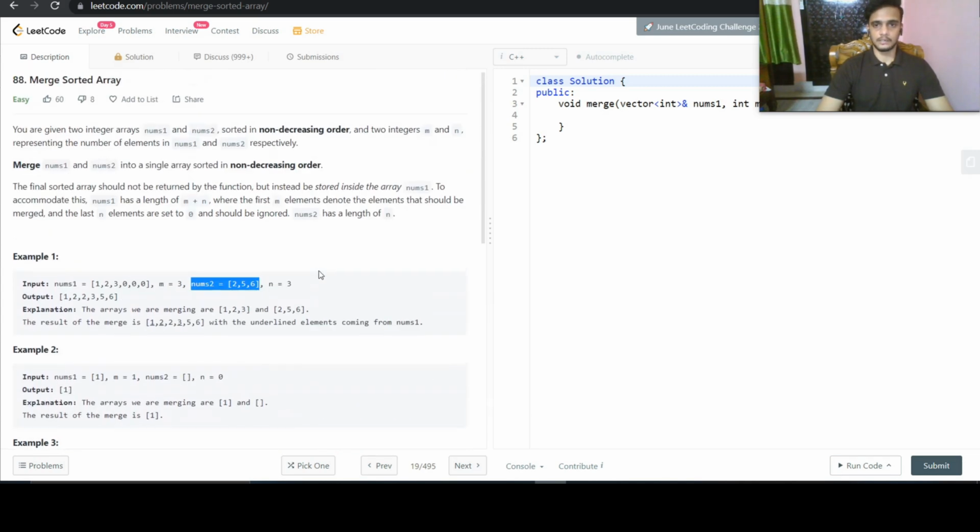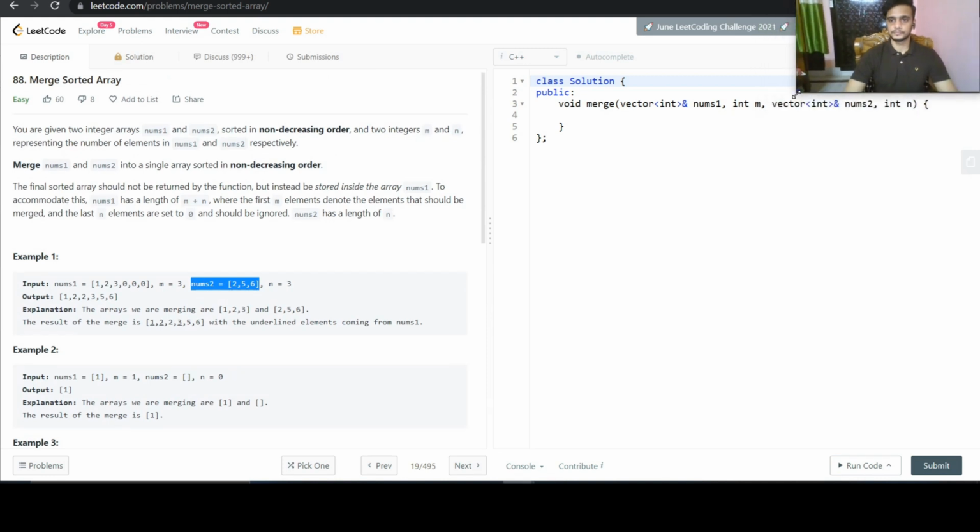So let us start our solution. First of all, let us take out the lengths in proper variables.